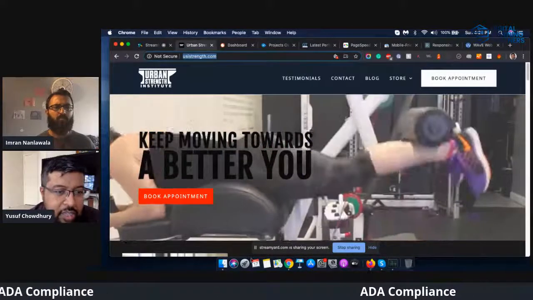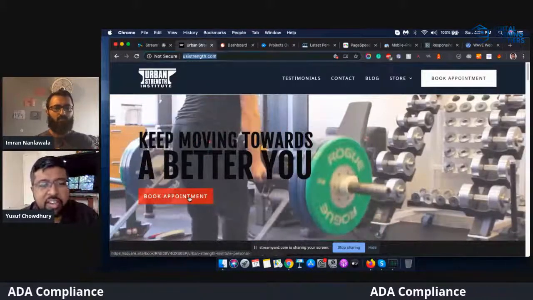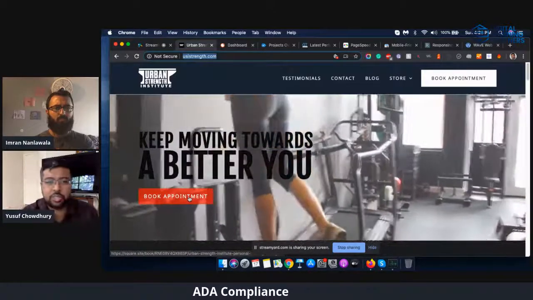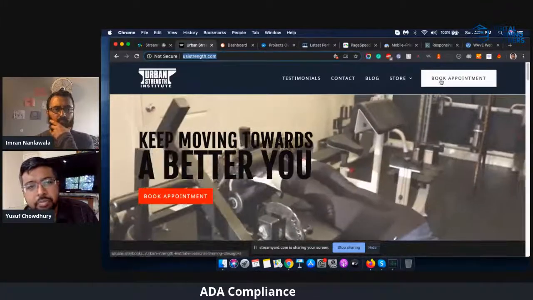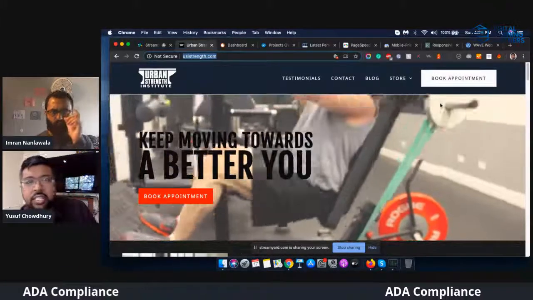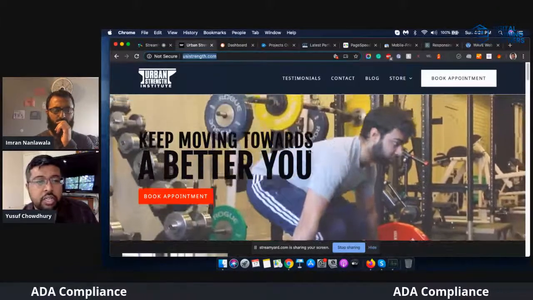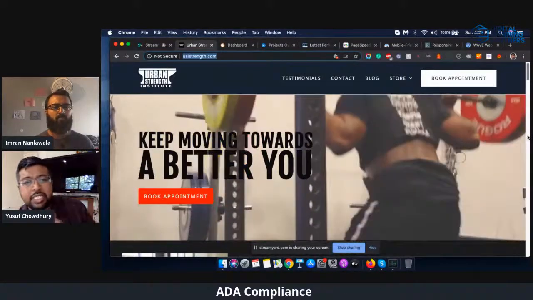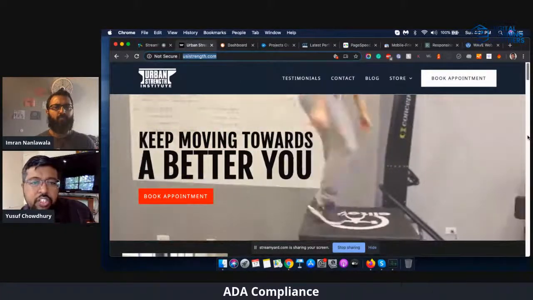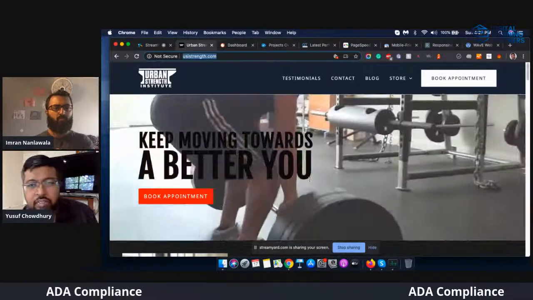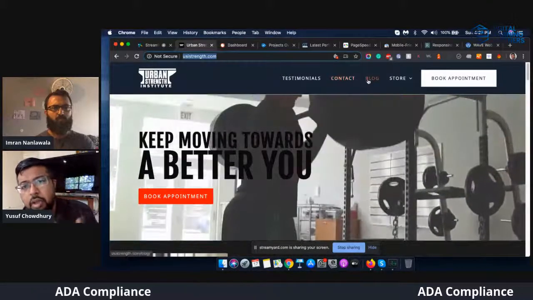I also like the red color for the book an appointment. That's the money-making call to action right there. Because for him to generate income, he needs to book those sessions, right? Beautiful. I love that call to action. And I see that it's white on the top, right? You can check with him to see if he has a Google goal set up for these two buttons so you can see which one gets the most hits. Make sense? Because goal configuration in analytics will tell you which one gets the most clicks.